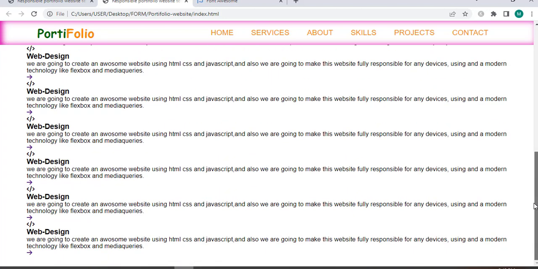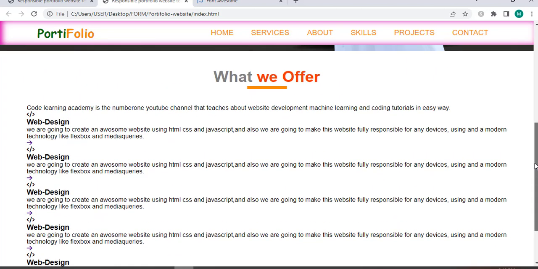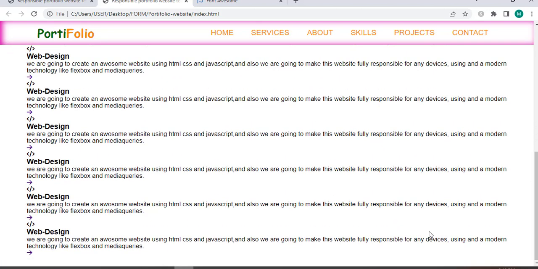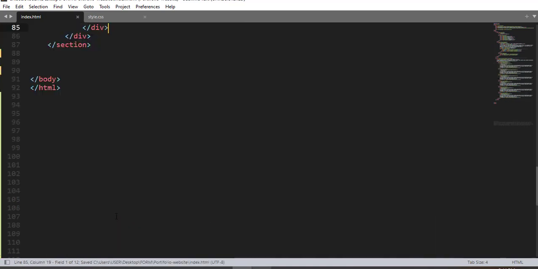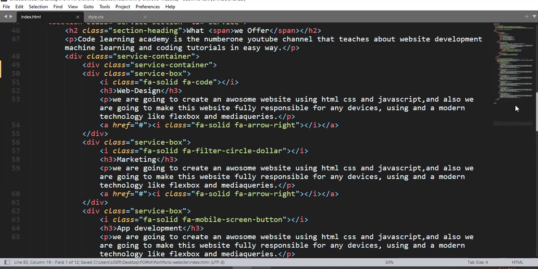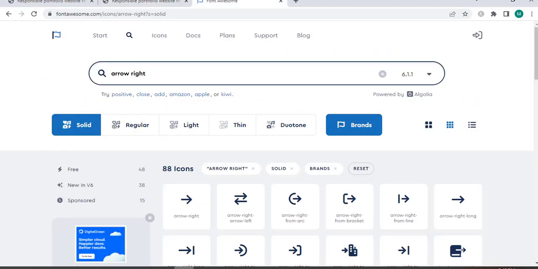Now let me change the text and the icon right here. So it is better to change the text and the icon, so it's better to do it offline, right? To save your time. That is it, right? Here is a service box element. Inside this we are going to have an h element, an anchor element, and a paragraph element. Everything is similar except changing